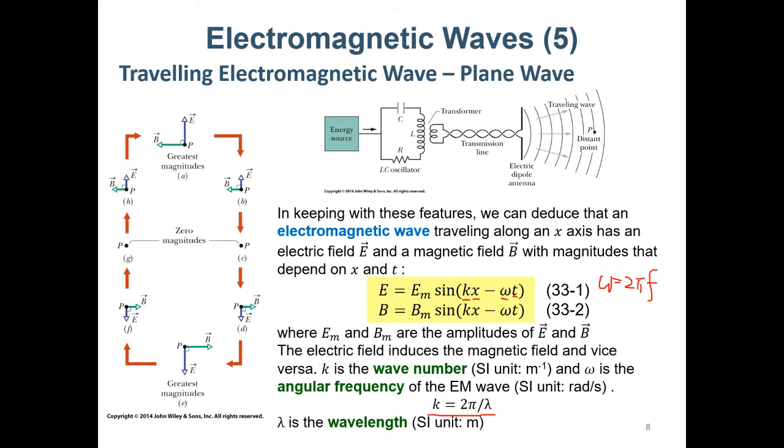Then E goes to the other side, and B also goes to the other side. E becomes maximized in the other direction, B becomes maximum in the other direction, and then going backward. So it will just loop forever, as long as there is no noise. In this case, E is E_m times the sinusoidal, and B is B_m times the same sinusoidal, but with different amplitude, and both of them have the same phase.